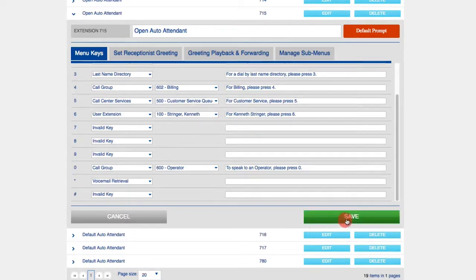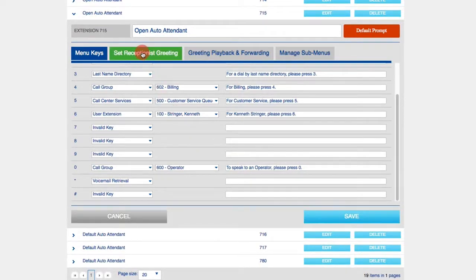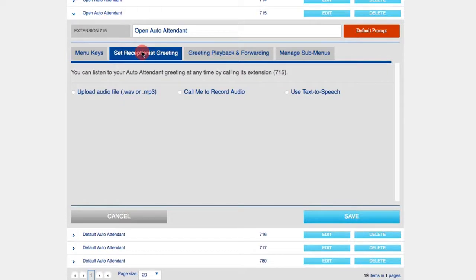Once all menu keys have been assigned and saved, the next step is to set the greetings and, if needed, to create submenus. Be sure to record your Auto Attendant greetings to create the voice recordings that will match your chosen